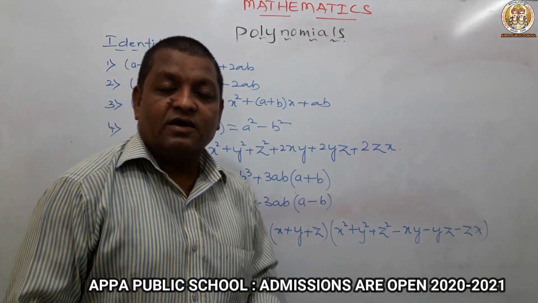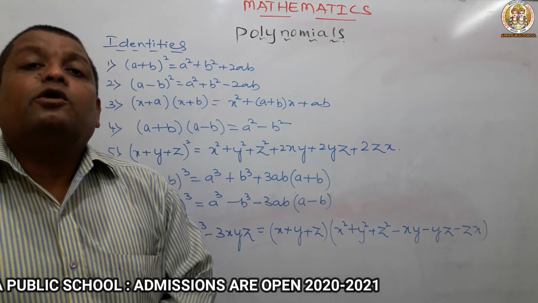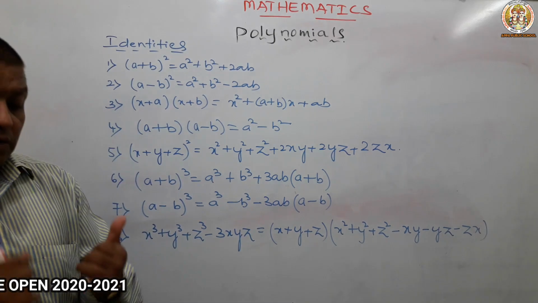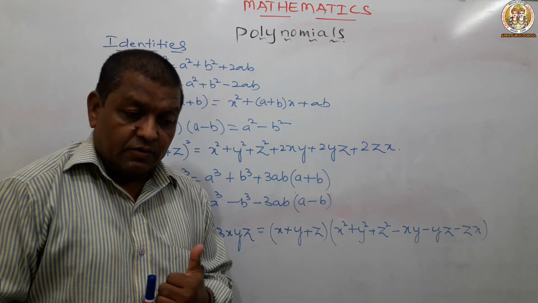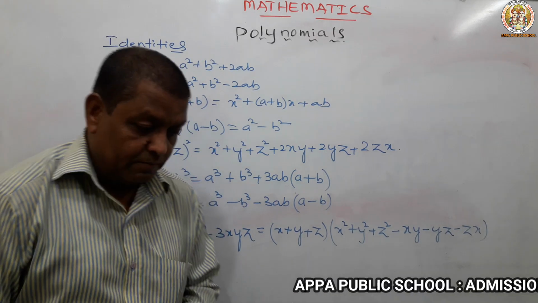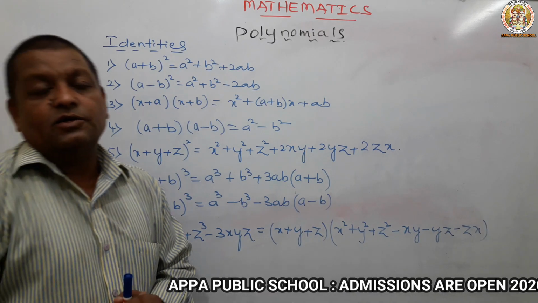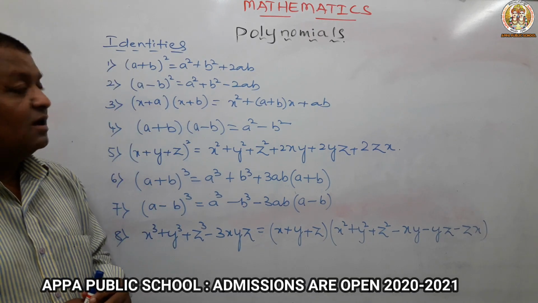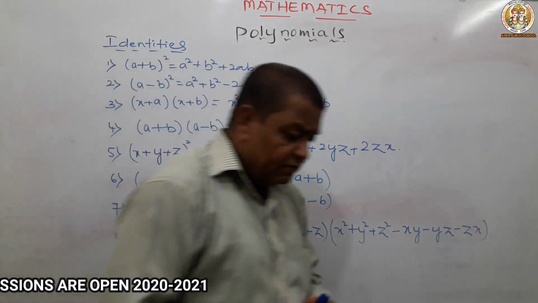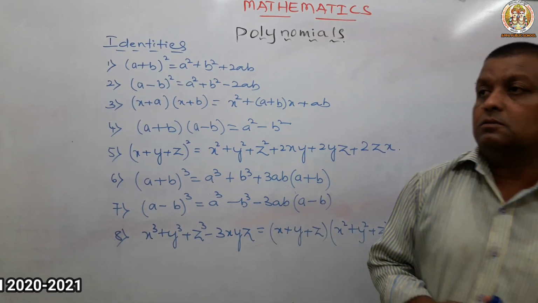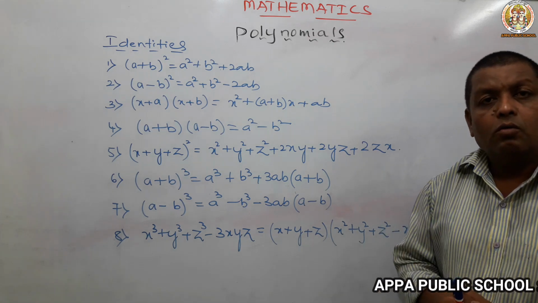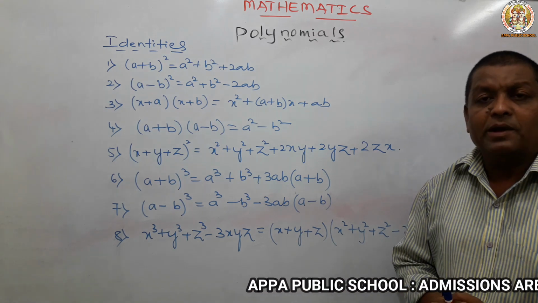So we are in polynomials once again. Let me revise what we took in last class. In last class we did factorization of trinomial and factorization of cubic polynomial. How did we complete factorization of trinomials? By splitting the middle term. Factorization of cubic polynomial is very important. How did we complete that cubic polynomial factorization?